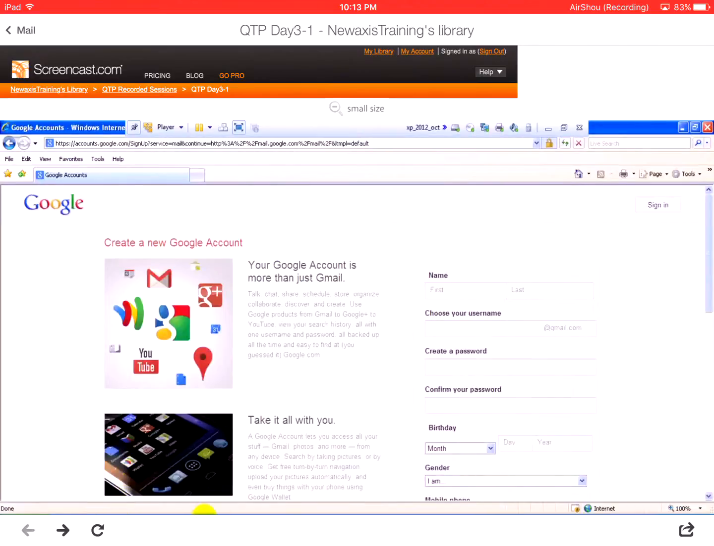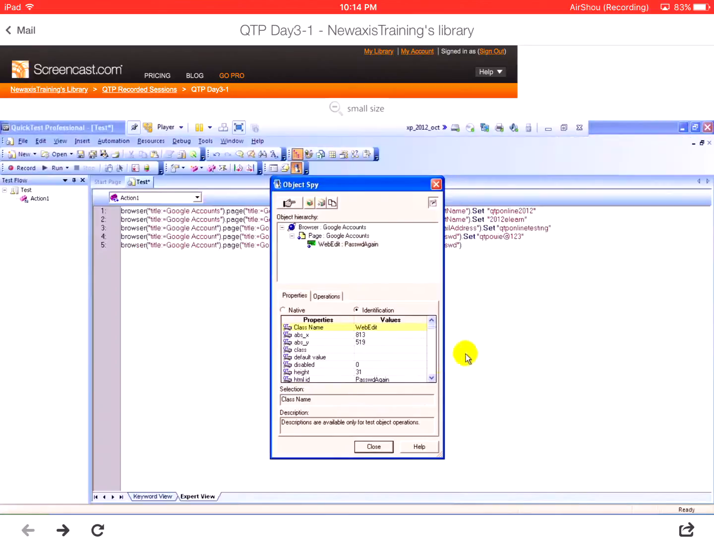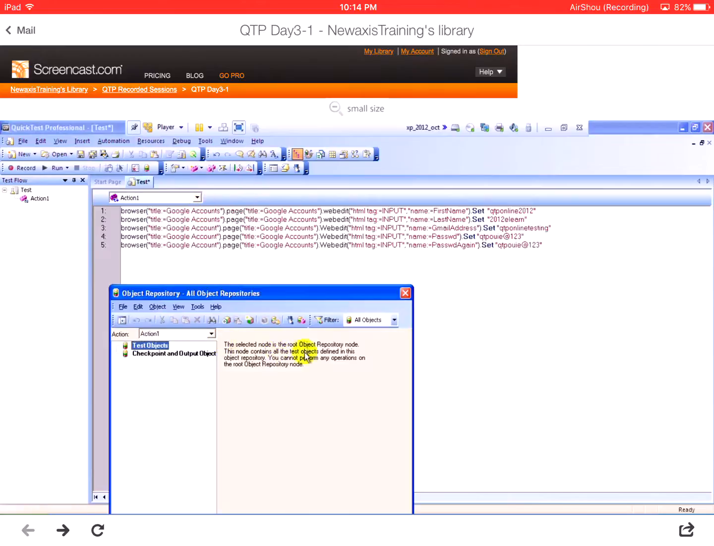Now change the value for the confirm field. Spy the object. So HTML tag is input and this is PASSWD again. Again the set method and then QTP. So this is the script for entering the username and entering the password, and here we are not having any